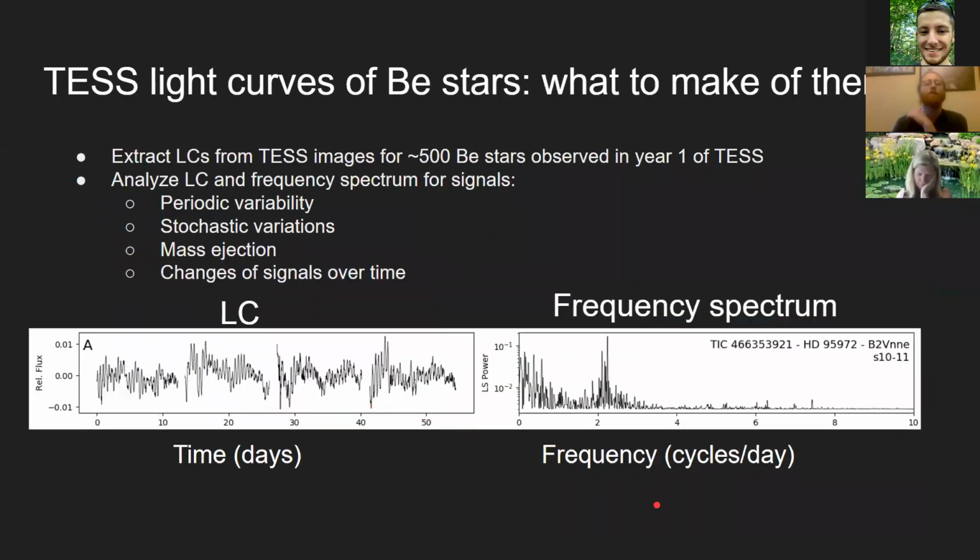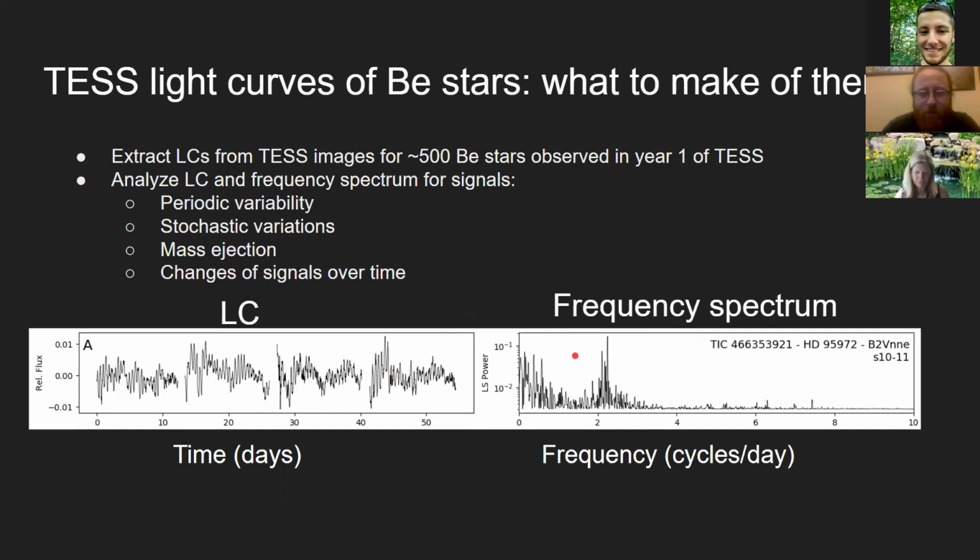So we're going to see a lot of light curves and frequency spectra. I guess my initial task of dealing with BE stars with TESS was just to figure out what bins to put them in, how to organize the data to try to understand the variability of the population. So the first thing I did was extract light curves from the images for about 500 of these southern BE stars observed in the first year, and then analyzed the light curves and the frequency spectra for